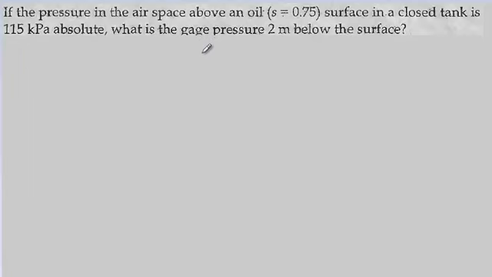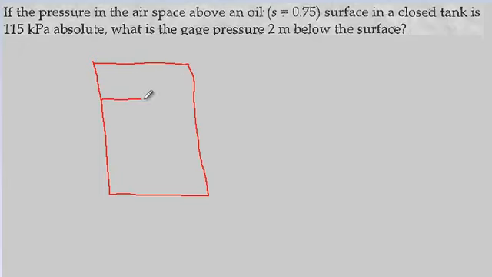So simply here we have a closed tank. That could really be a container of oil. In this case, we'll make a cylindrical tank, and assume that to be vertical. It is closed, meaning it's not open to the atmosphere. And here, perhaps the oil is in here, and there is a free space which contains air, roughly air and vapor of oil. Now, in this case, the pressure here is known to be